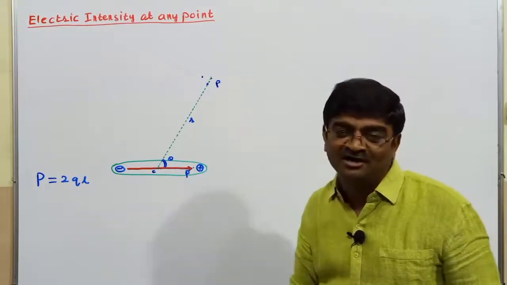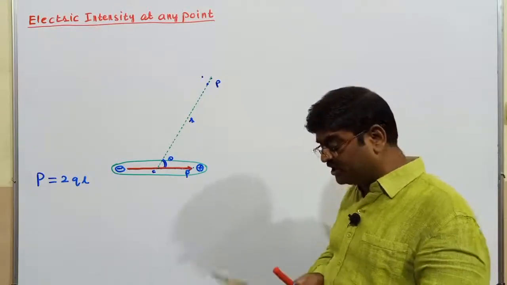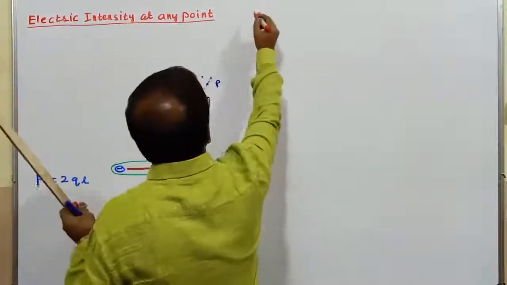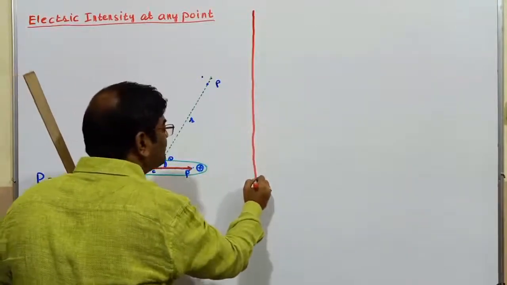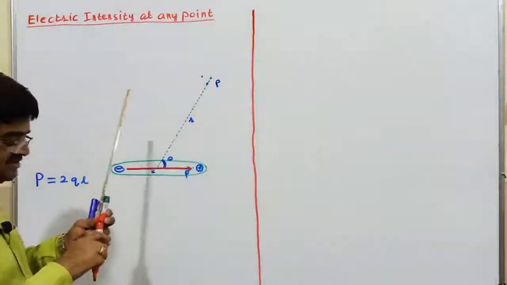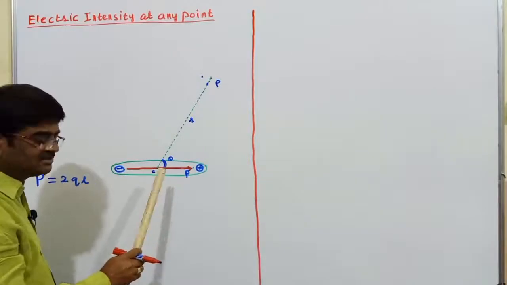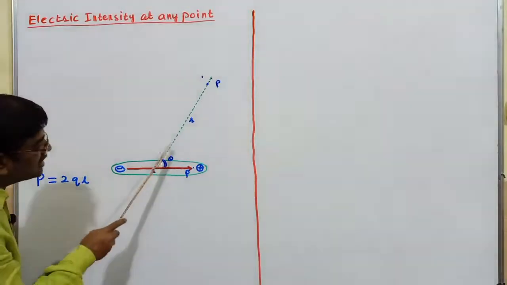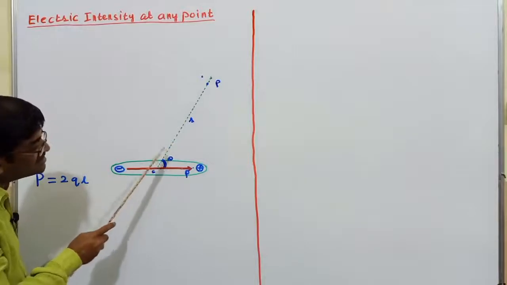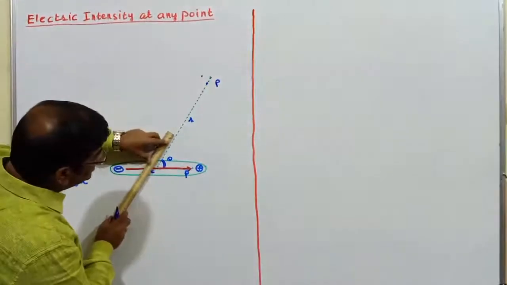Dipole moment already I have got. Now, to go ahead with the expression for simplicity, what I am going to do is a simple thing: I will resolve this dipole moment into two parts. One part of that I would like to have along this axis, along this line. Let me have that part of the dipole along this line, and I show that here like this.